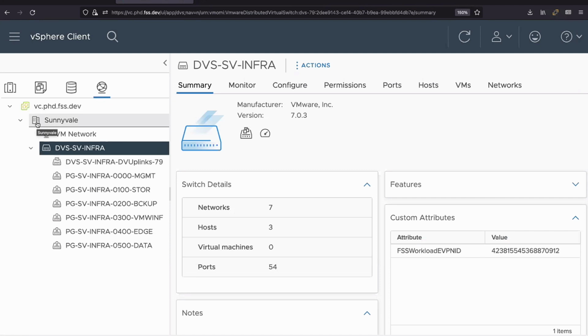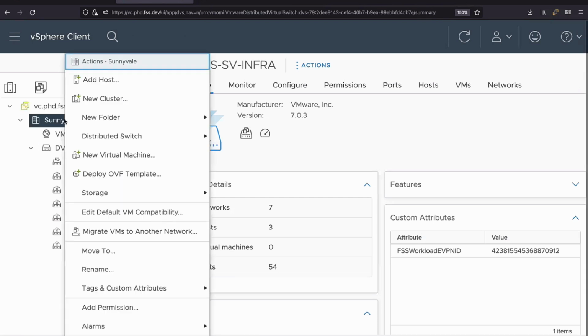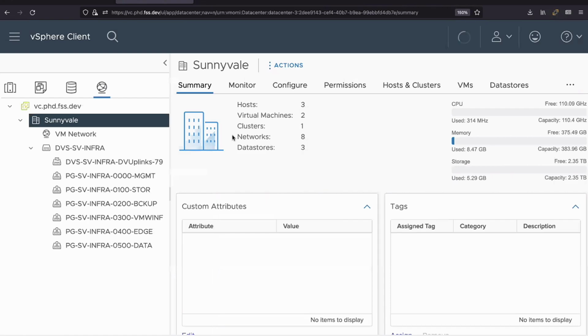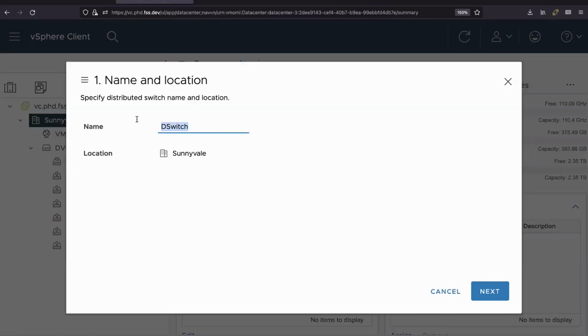Let's move on to the centralized or the vCenter managed solution, or the CMS managed solution, right? So in this case, this DV switch was created by my fabric manager first and then imported or used into vCenter using those IDs. What I can do now in the same environment is create a new DV switch. So I can call this DVS app 01.